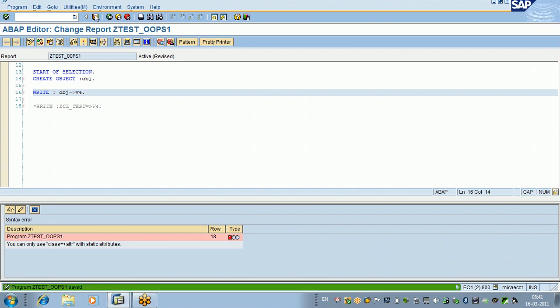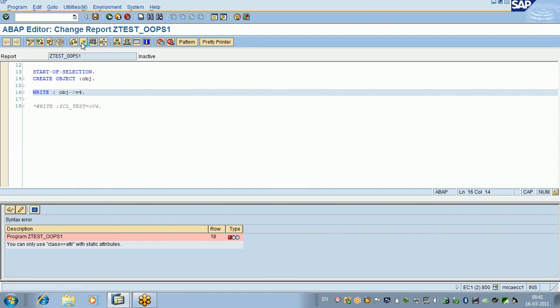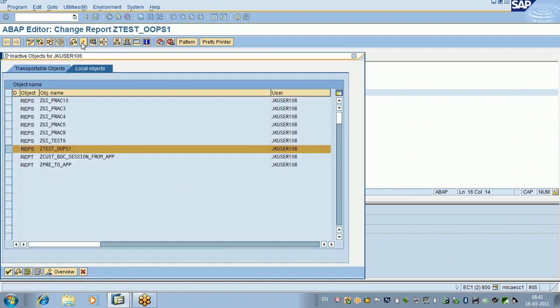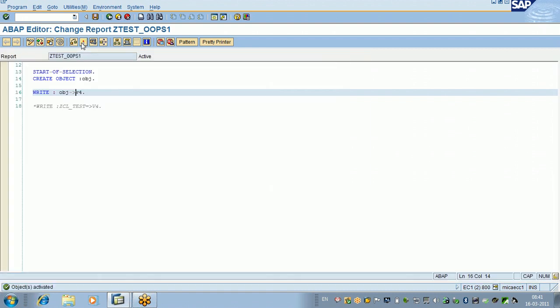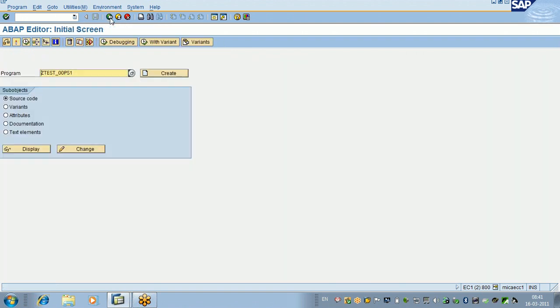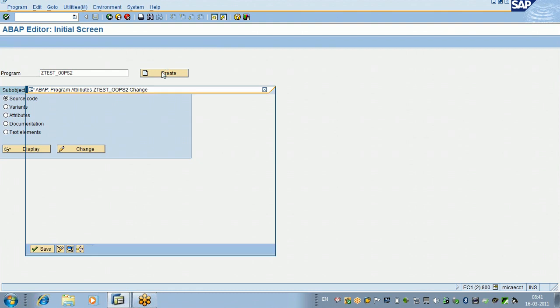Static means either way, both ways are possible. You can create a class and then create an object and call it, otherwise you can call it directly from the class. Now let us see in the second example how to use this create. What I will do now,